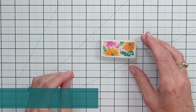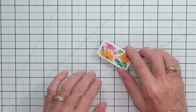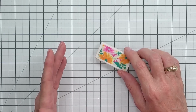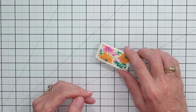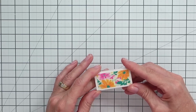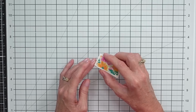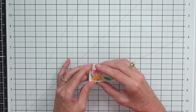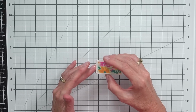Next, I want to talk about this eraser. It is an essential tool and very affordable in card making. You use it to erase pencil marks, and also if you're colouring with pencils, you can fix any mistakes with that as well. Small smudges can sometimes be corrected with it, but the main reason I use this is to condition my stamps when I have a new photopolymer stamp that hasn't had ink on it before. By lightly wiping the eraser over the top of the stamp, it just allows it to take the ink a little bit better,